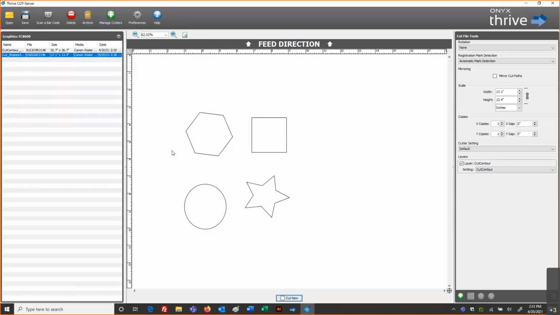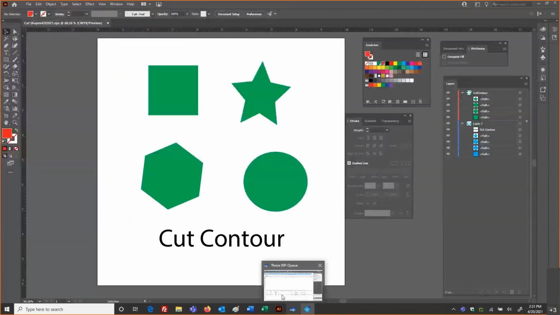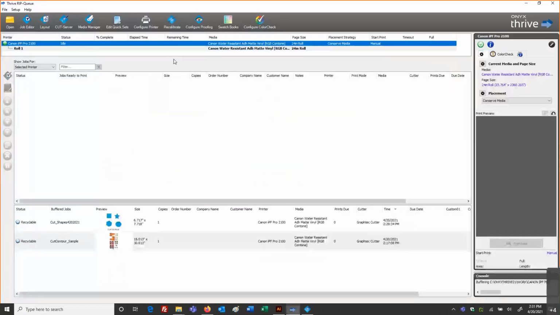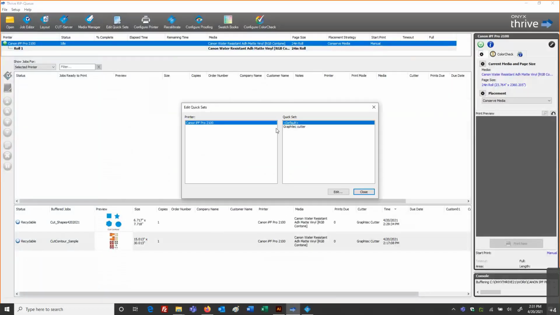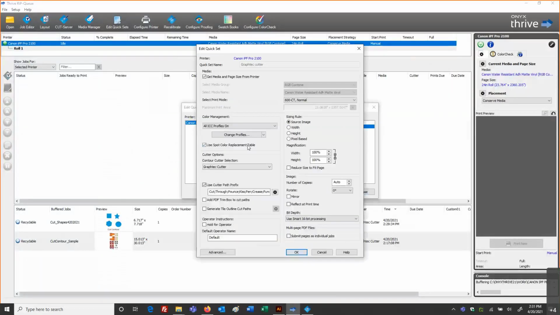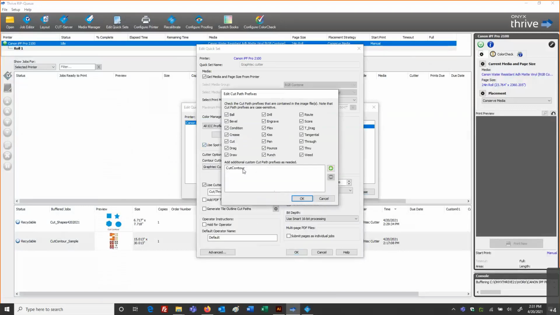So, a fairly simple workflow. The big key to this is that our spot color name is going to match the naming convention that we are identifying in our quick set for that particular cutter. And again, use cutter path prefix has all of these presets turned on.